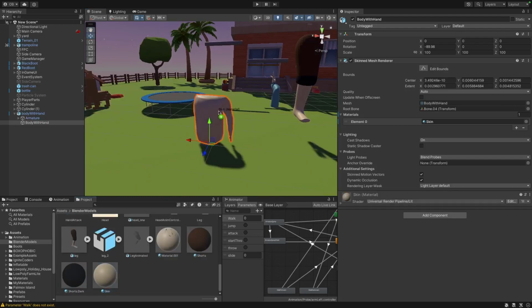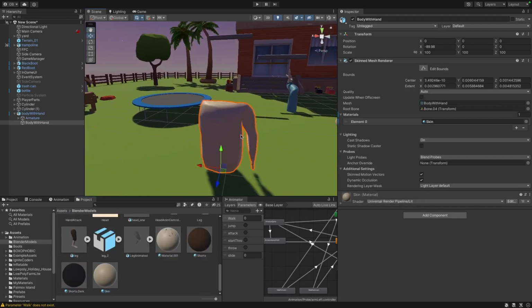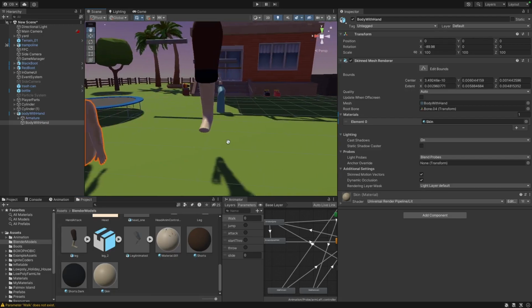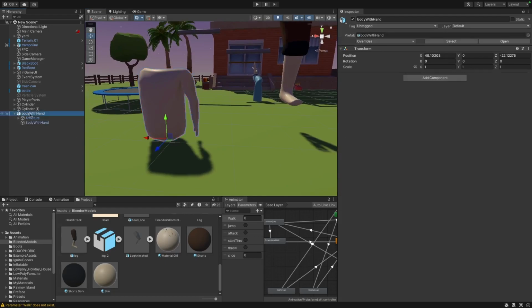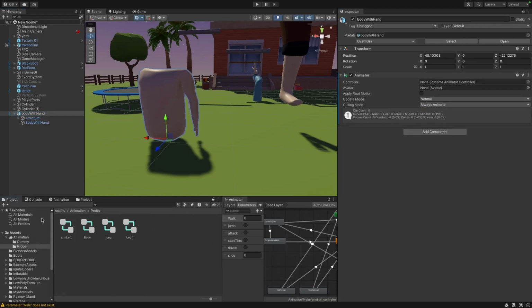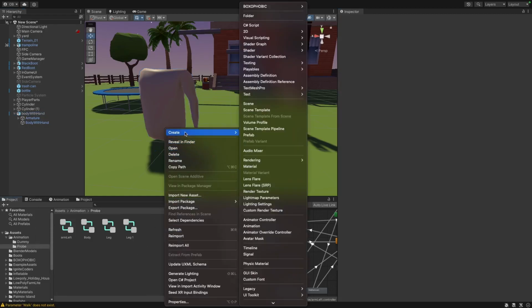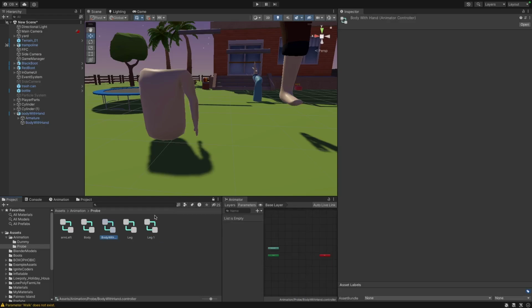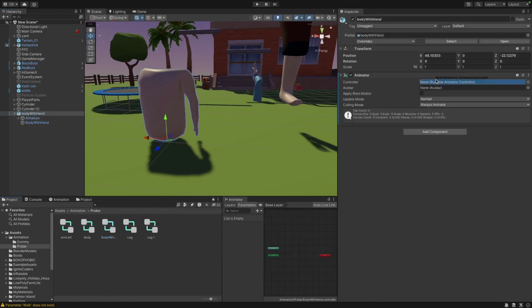No, skin is good. Skin looks better to me. Okay, and now we have our body. We can add an animator. Then I'm going here to create a new animator controller. I will name it body with hand, and then I just need to attach it here,